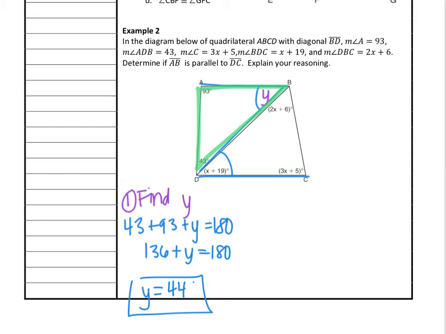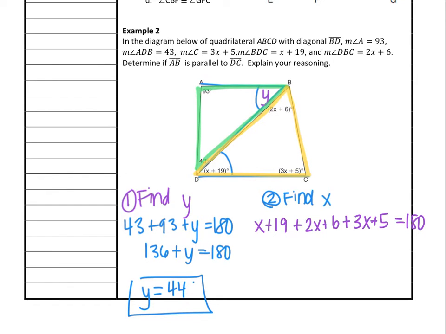Okay, so I found that Y is equal to 44. Next, we're going to take a look at finding X. Step 2, find X. So similar process here because x is also contained within a triangle. So 3 angles again in a triangle sum to 180, except this time we just have a bunch of x's instead of just numbers. X plus 19 plus 2x plus 6 plus 3x plus 5